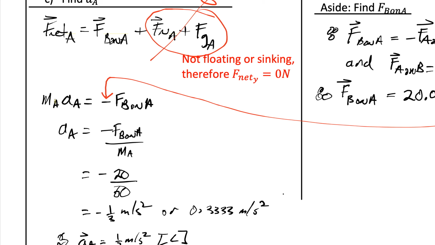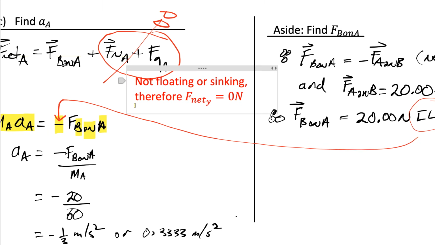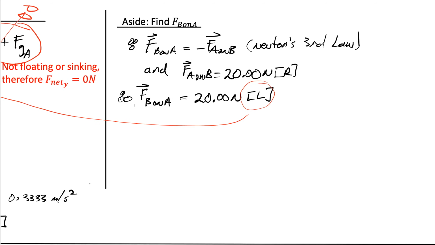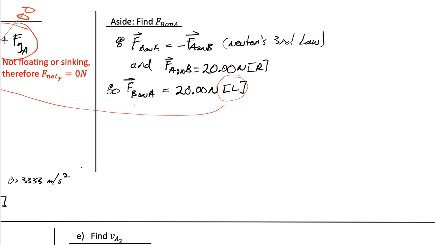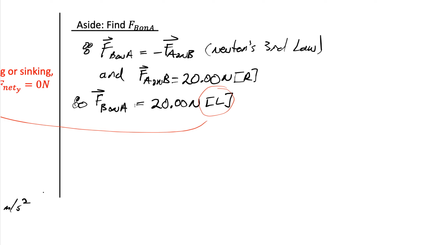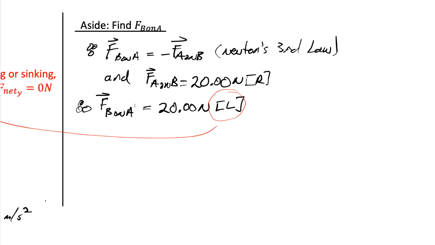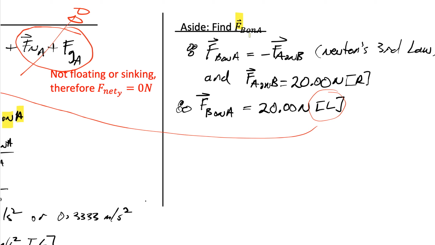Dropping vector notation and substituting in some formulas, we know that F net is equal to ma, that's Newton's second law. So F net A is equal to ma times the acceleration of A, which is equal to negative FB on A. Now the negative implies to the left, but we need that value. And this is how you actually show the proof. Now I did mention that we knew that it's going to be equal and opposite, but for communication purposes and how to justify this, this is the standard solution. So we're trying to find FB on A. And there, I put my harpoon up there, make it a little bit better.